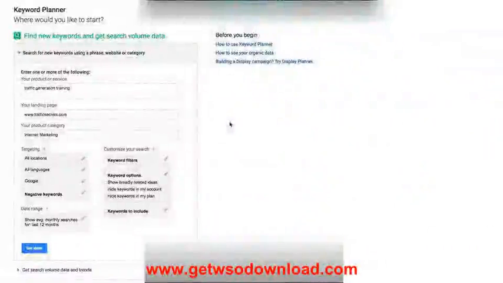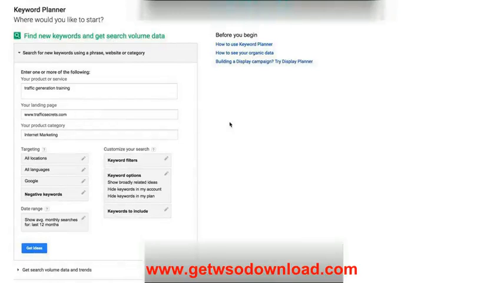So let's talk a bit about Google Keyword Planner. When you set up a Google AdWords account, it's free. You create an account, and then you can go to the Google Keyword Planner. Google can help you find keywords, and of course, they have the massive database. I'm going to show you other tools that you can use in this module, but Google Keyword Planner, of course,